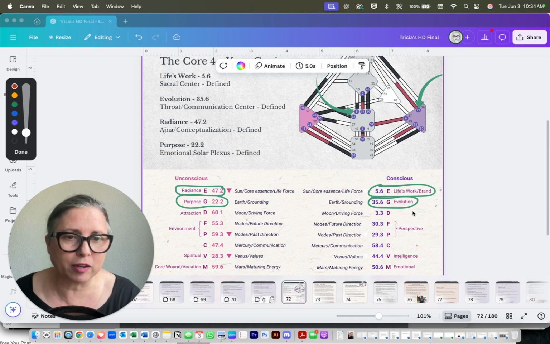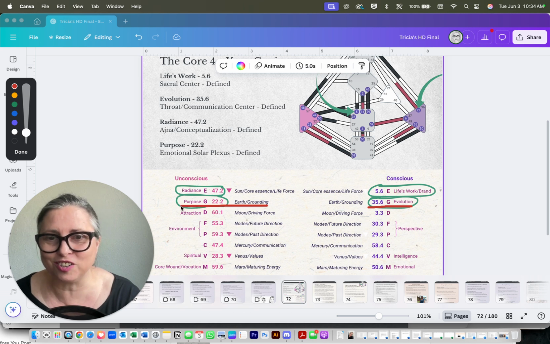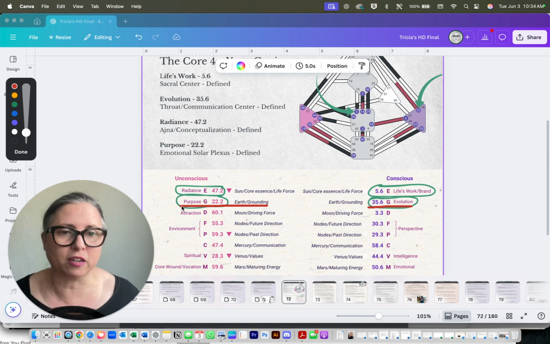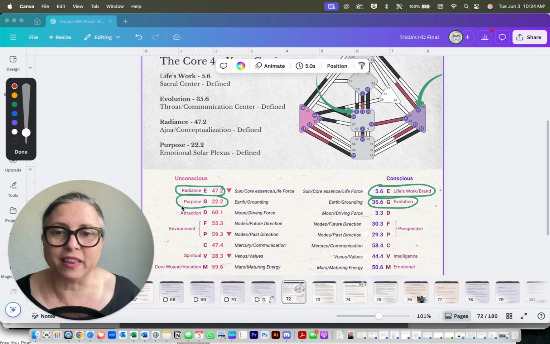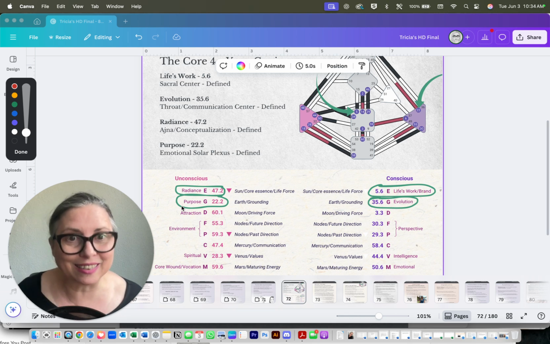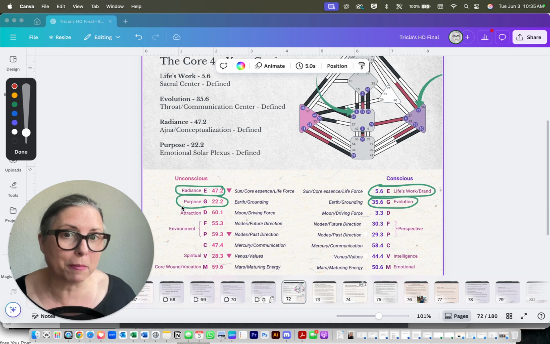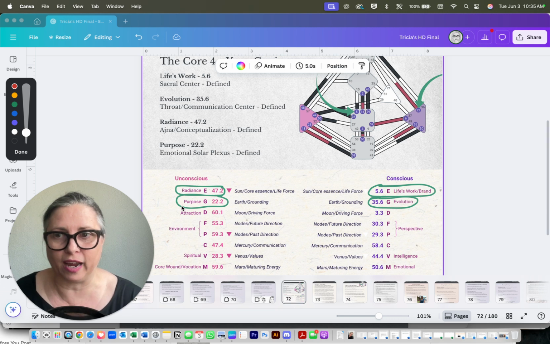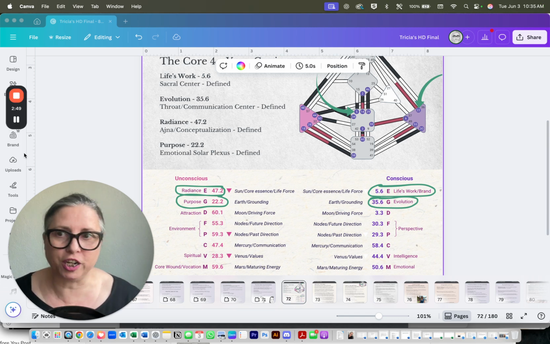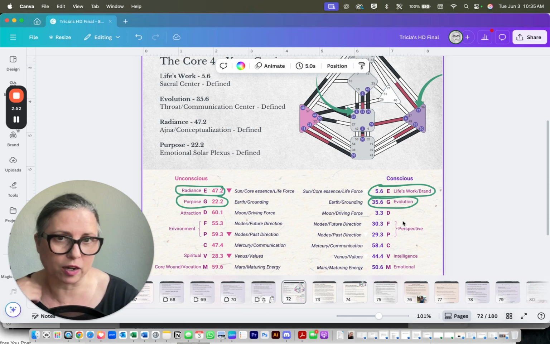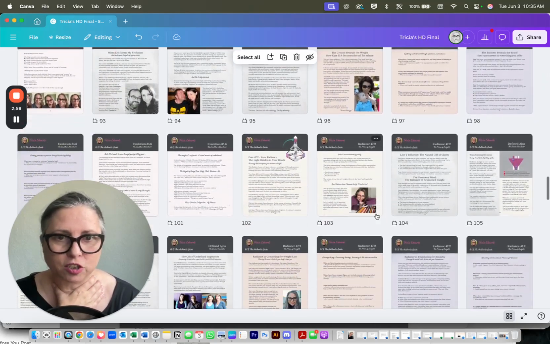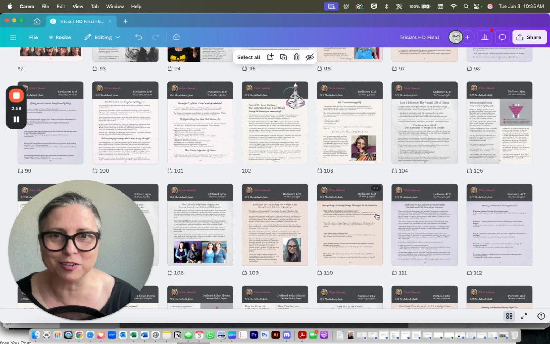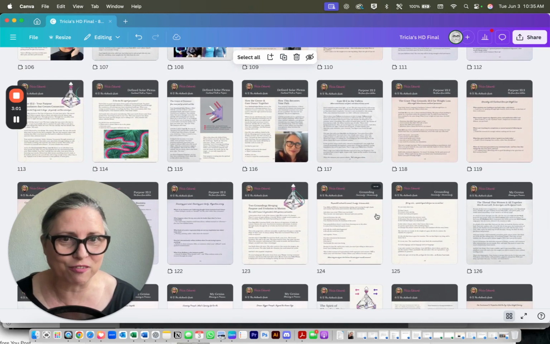You do have grounding also on your conscious side. But the one on your unconscious side is the one that gives you the most bang for your buck, because the conscious one, you're probably already aware of it: oh, when I do this, I normally feel better. The unconscious is the one that we're less likely to be aware of. So if we can learn about that and do more of that, it totally changes things. I've been doing a series of videos that are all about this, and I'm going to share one other section of it, so you can go through the whole series together and see how everything comes together.